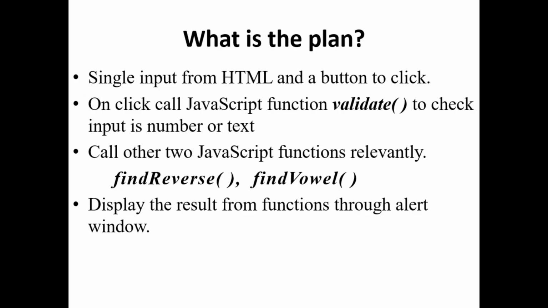Then, either in the find reverse function, once we find the reverse of the given number, or in the find vowel function, once we find the position of the leftmost vowel, we will display the result as an alert window in JavaScript. The alert function is nothing but, whatever you submit in the alert as a parameter will be displayed as a pop-up window that we'll see. So by making this small plan, these small changes, we can make a single program by combining two parts of this problem statement.